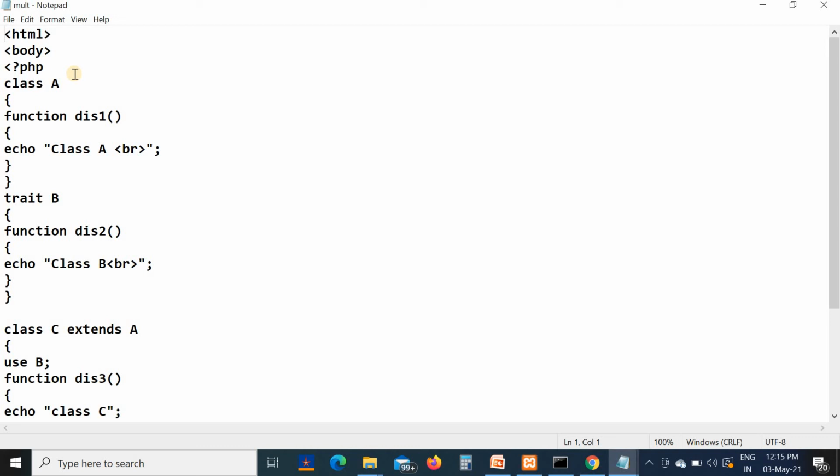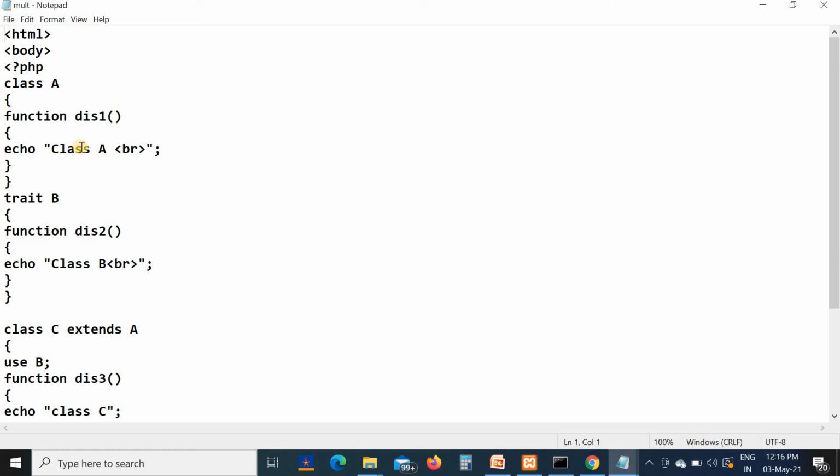There are two ways for implementing that. First is by using the interfaces concept like Java. In Java, you also use the interfaces concept. Like that, in PHP also, you can use either the interfaces concept or the trait concept to implement multiple inheritance. Here by using a trait, I have shown how multiple inheritance is achieved in PHP. Here first class A is defined, which consists of a method. This function simply displays a message.